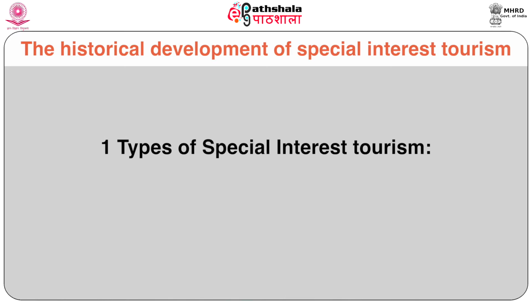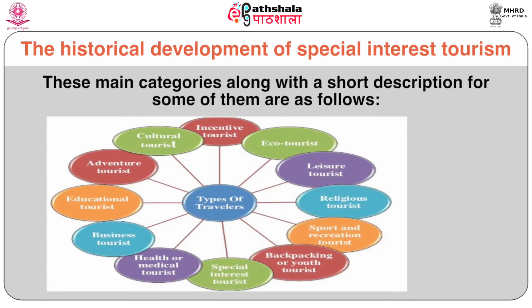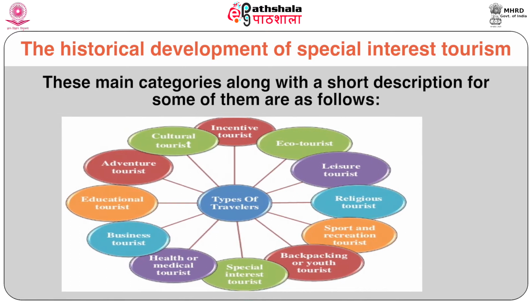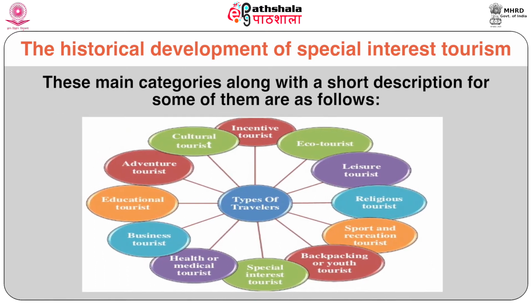Types of special interest tourism. Special interest tourism is comprised of different special interest travel forms, which have become known as niche markets over the years and gained popularity among the actors of the tourism industry. These main categories are as follows: adventure tourism, agritourism, also known as agrotourism or farm tourism, ancestry tourism,